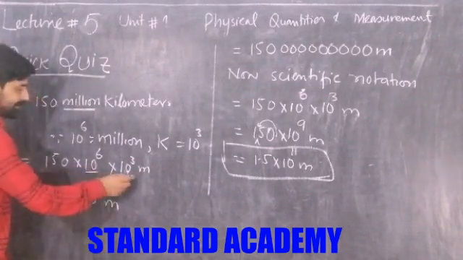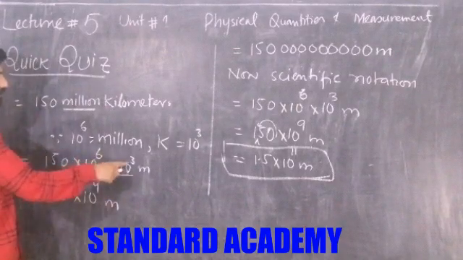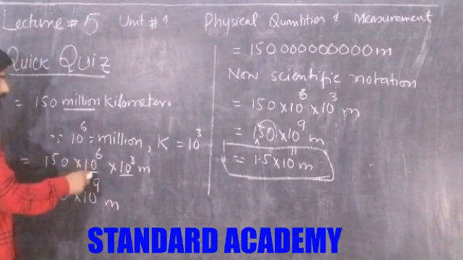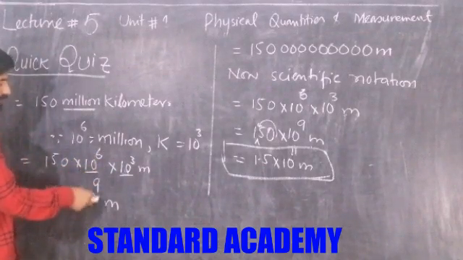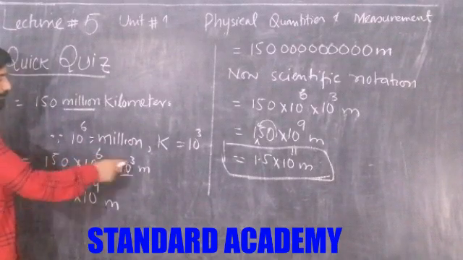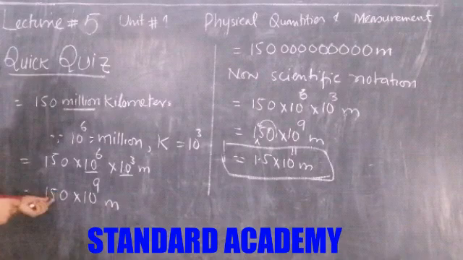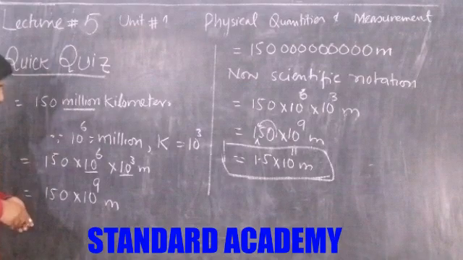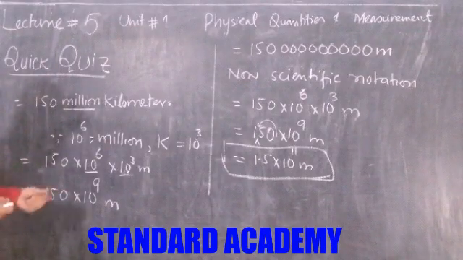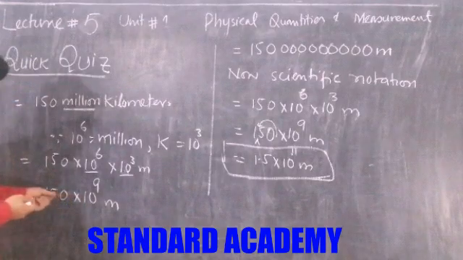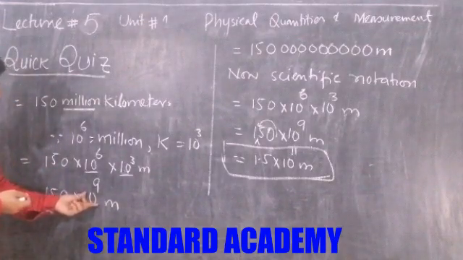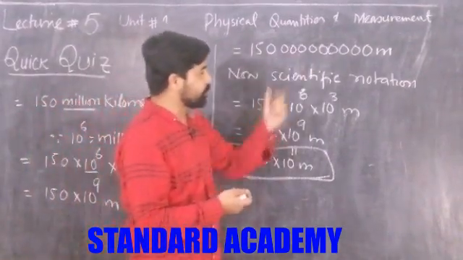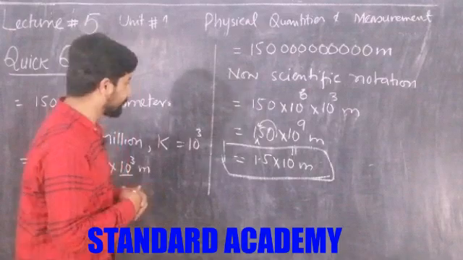So the same base in case of multiplication, the powers are added, taking a single base common and adding the exponents, 6 plus 3 which is equal to 9, so it will become 150 multiplied by 10 to the power 9 meter. So expanding this in ordinary notation, we are putting here 9 zeros after 150, so this will be the normal notation or ordinary notation of this term. And now